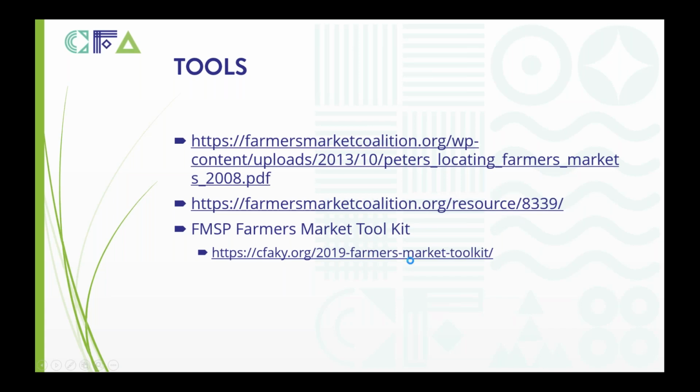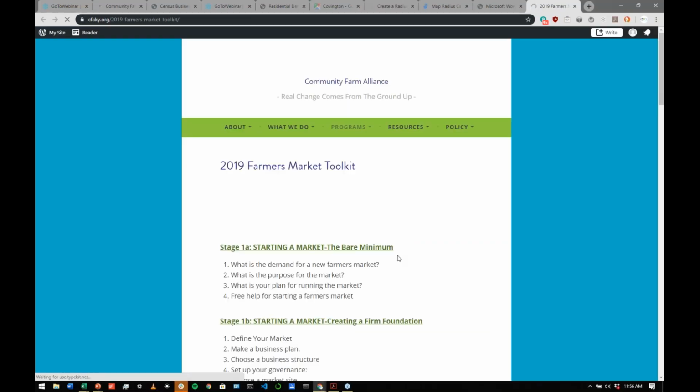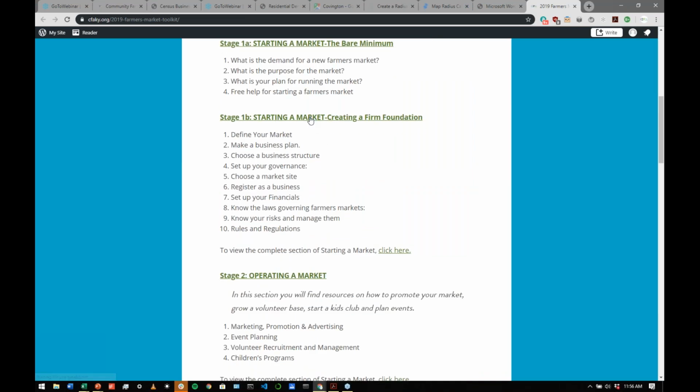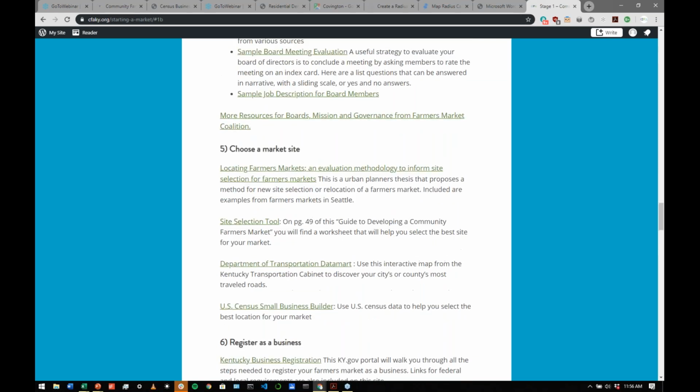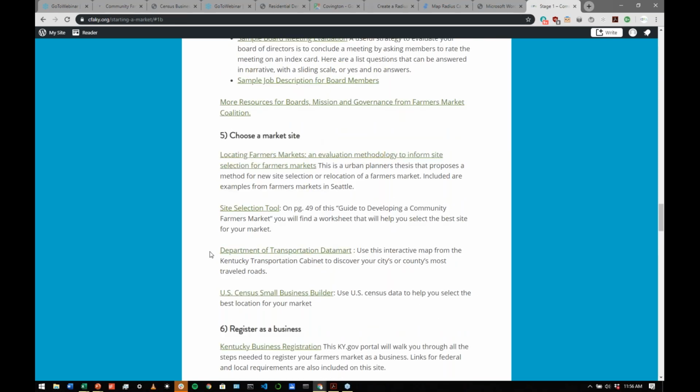And then our toolkit, again, has a lot of this information in it. If you go to stage 1B, and you go down to choosing a market site, you'll see we have quite a few of these things available as well. The census webpage, the Kentucky Department of Transportation page, and the site selection tool. And this is the report that we've referred to a few times through Farmers Market Coalition. And then this site selection tool,